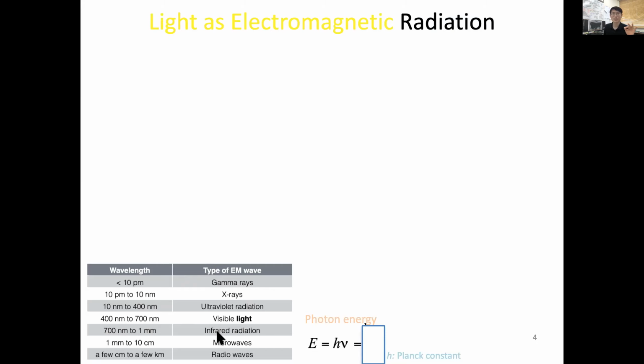So this is good. Sometimes it's used for warming water molecules. And also 1 millimeter to 10 centimeter is called the microwave range. So look at this, even several millimeters of wavelength. If you consider the